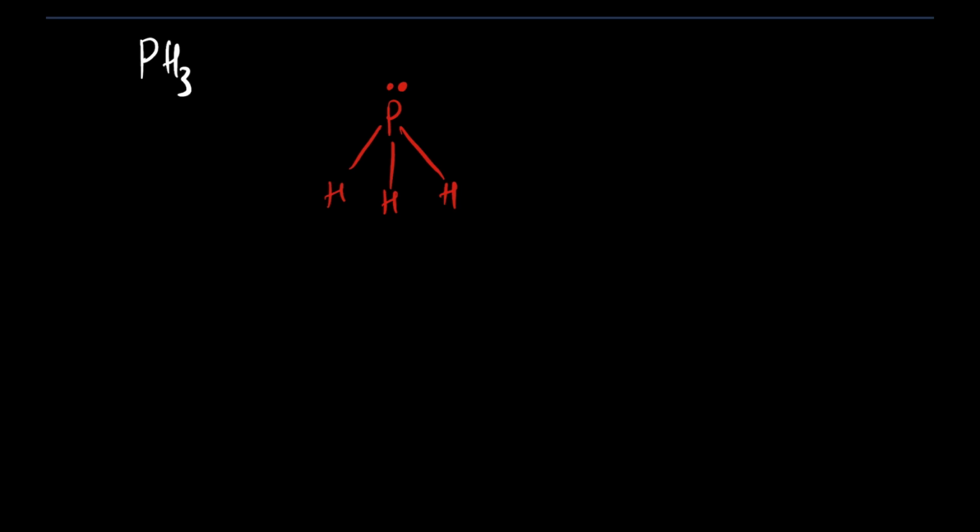Now, the electronegativity of phosphorus is equal to the electronegativity of hydrogen. It's 2.1. So in this case, the dipole moments can go this way, all of them towards phosphorus,